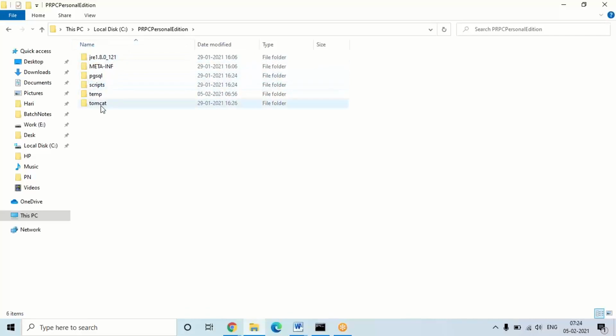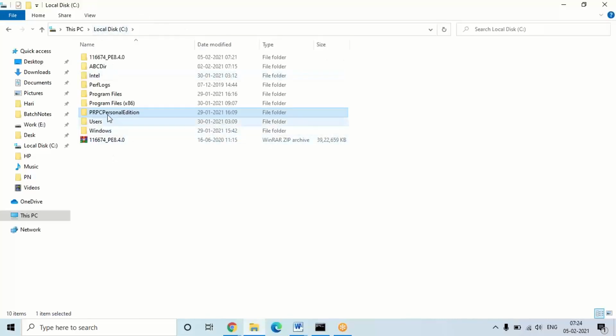If you delete the folder, because in this folder only, even if it is successful or unsuccessful, all the files like the database, Java, script files, temp files, server files, everything will be created in this folder only, because Pega will install as a package. If you want to uninstall again, no need to go to program files and remove separately. Everything will be there under one package. So if you want to delete this completely, delete the folder, everything will be uninstalled. So if you want to uninstall, first shut down the server, then delete the folder, then restart the system again. Next time try the process correctly.